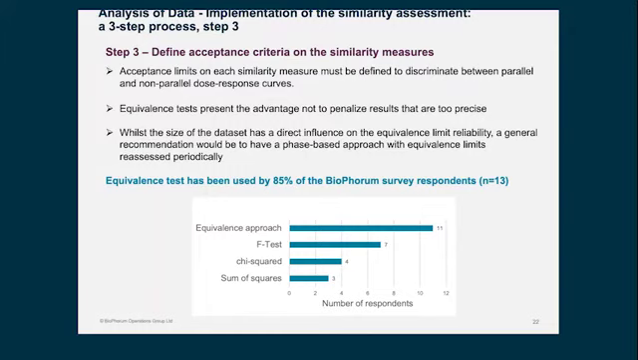The problem with equivalence tests is that you need to generate historical data. And the size of the dataset will have a direct influence on the equivalence limit reliability. So the general recommendation would be to have a phase-based approach with equivalence limits that are reassessed periodically. If you go to the next slide,